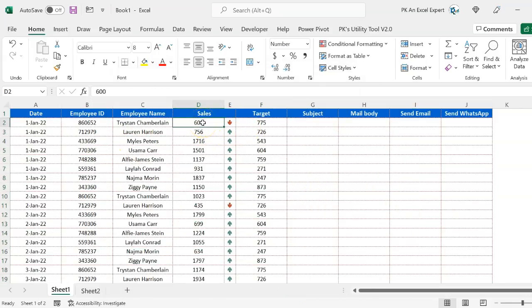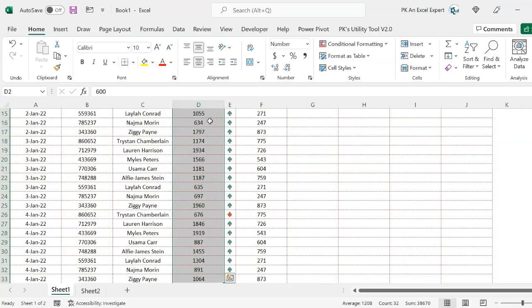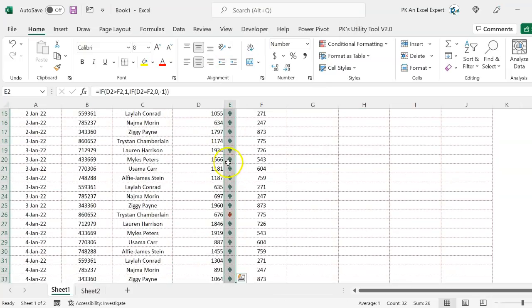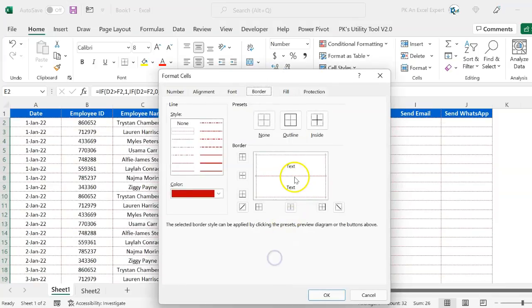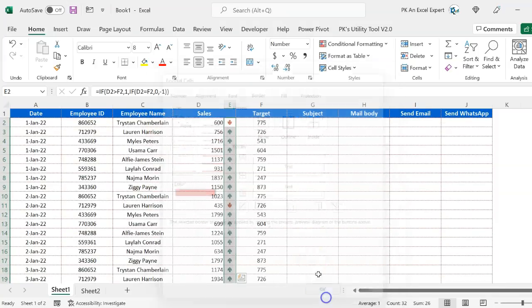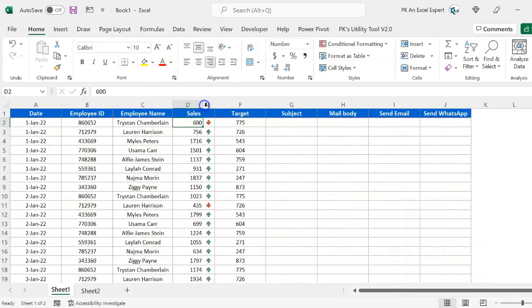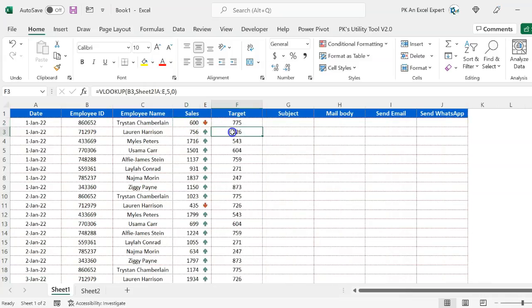We want to show this in a single cell, so it will not be in a single cell, but it will look like this arrow and this sales number in a single cell. So what I will do, I'll select this one and I'll align it right, and I will select this one, then right click, go to the format cells, and I'll go to the border, click on this line. So I'll remove this line, click on OK. So here you can see it is looking like it is in a single cell. You can make it slightly smaller.